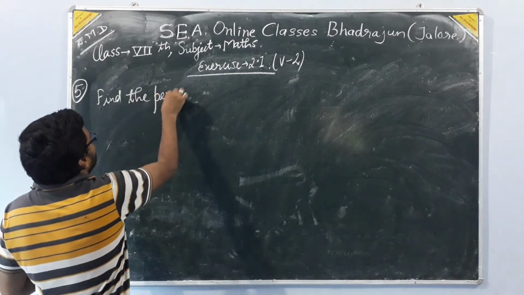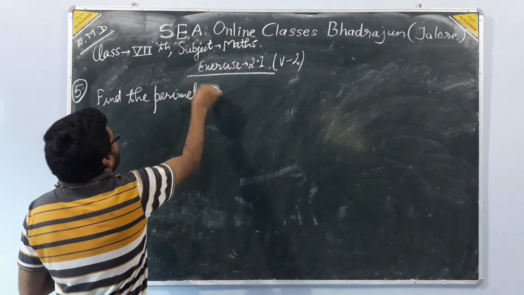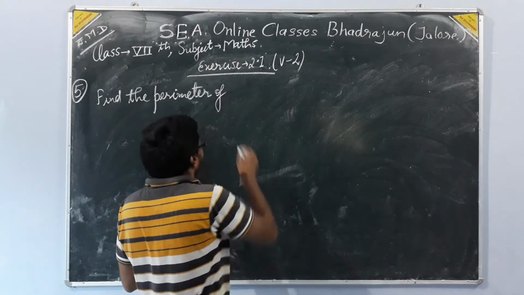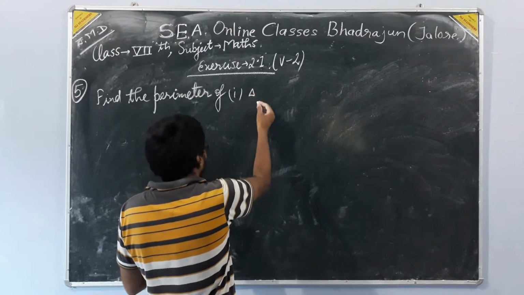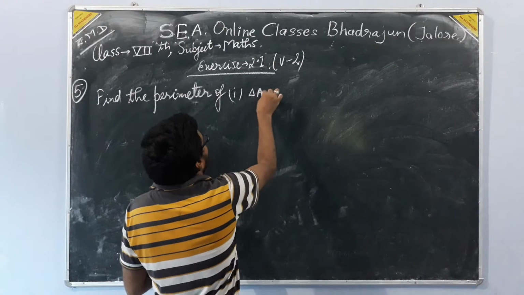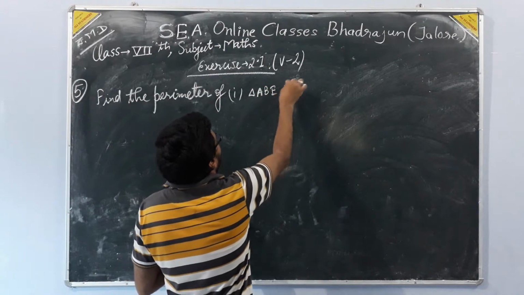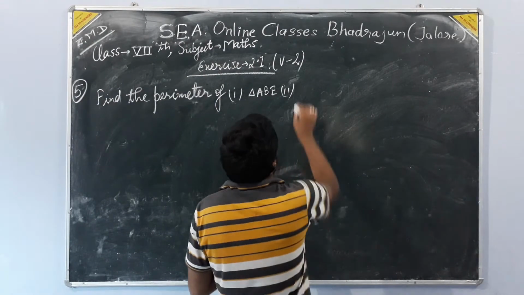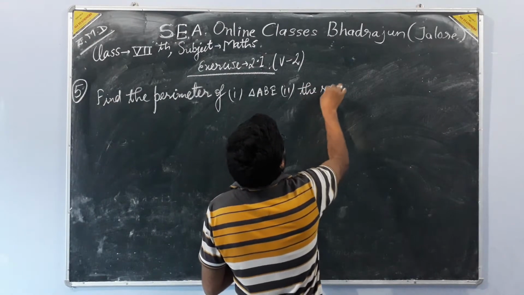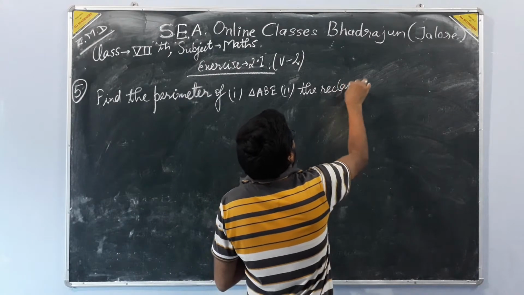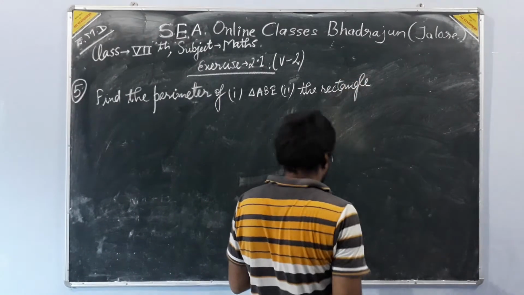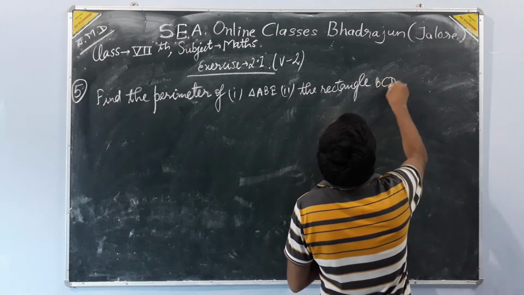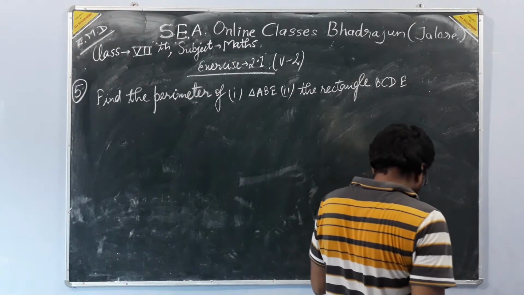Find the perimeter of number first is triangle ABE, and number second is the rectangle BCDE. Okay, in this figure